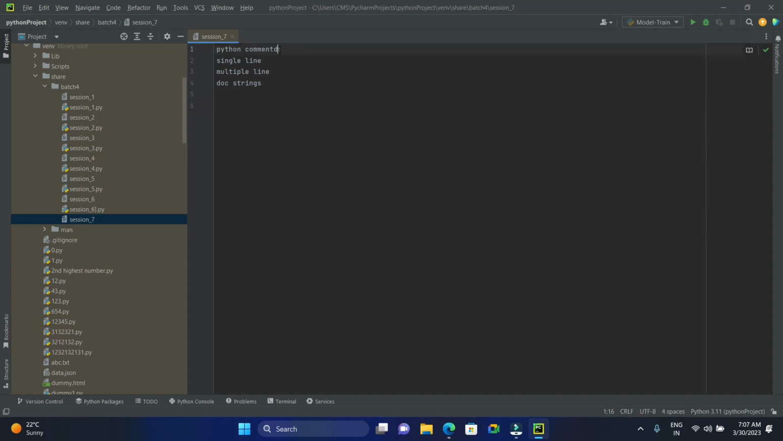Sorry, here I made a spelling mistake. Okay, next, what are the advantages of using Python comments? First one, readability of the code, which means,